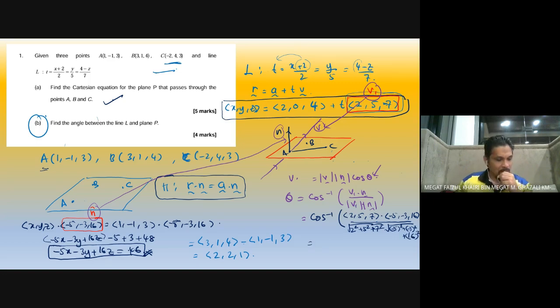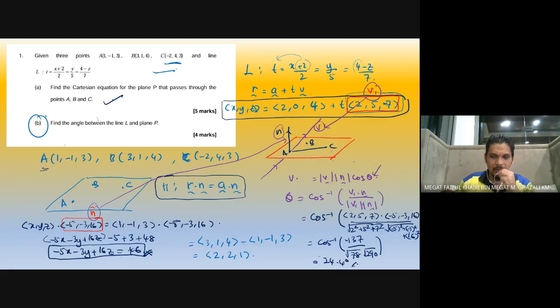Okay, so you may count this by yourself. I refer to the answer scheme here. Modulus of V, it gives you square root of 78. V dot N, it gives you 137, divided by modulus of V, square root of 78, and modulus of N, the normal, you got now square root of 290. And find the angle, it gives you